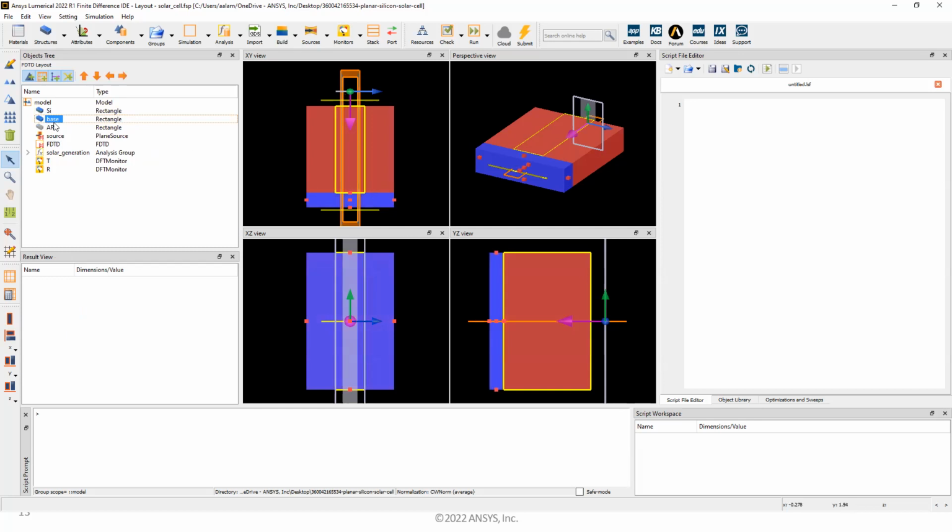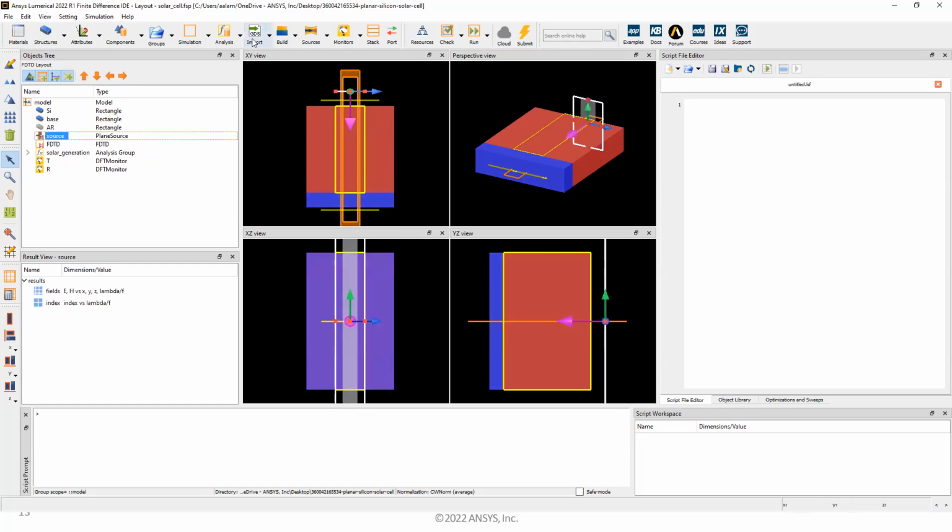You can see that we don't have the emitter at the top, just because in the slides we saw that we are just going to take a simple unit cell out of our solar cell, and obviously we are not going to include the emitter, because wherever we have emitter, we actually are going to have shadowing coming from that, so we won't have any absorption anyways. So our structure to start with is very simple. We have silicon, we have metal at the bottom, and now we set up our source.